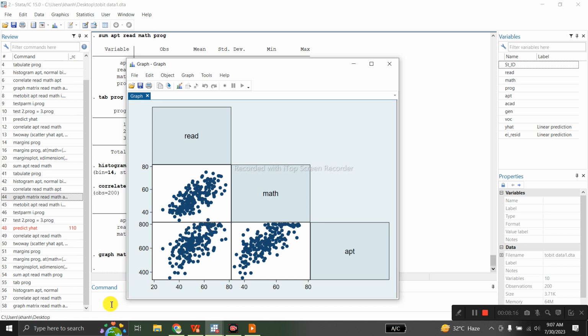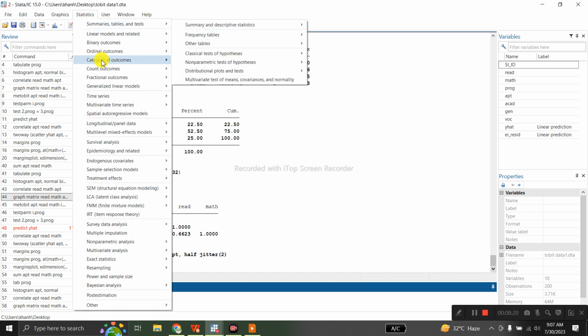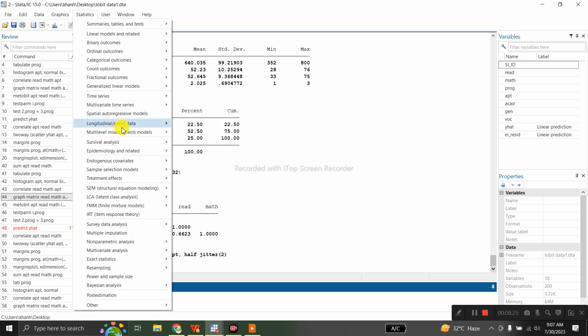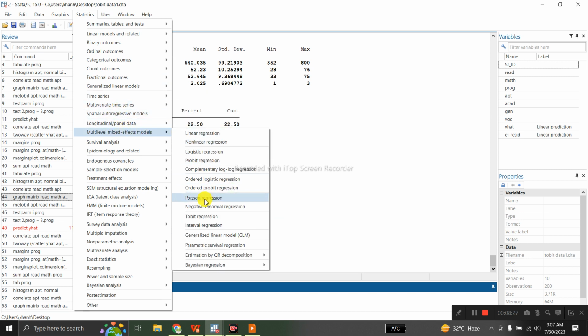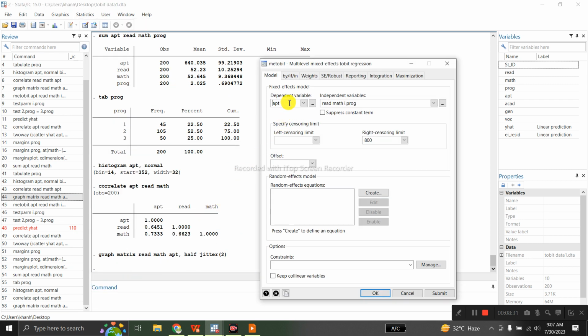After this I'll go to estimate my model, and that is Tobit. I'll click on this, and after this let me first remove all this, because I had done this once before, and similarly this one. So my dependent variable is aptitude,